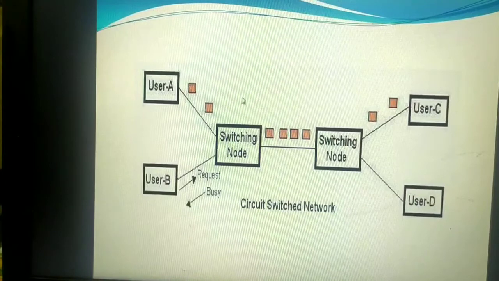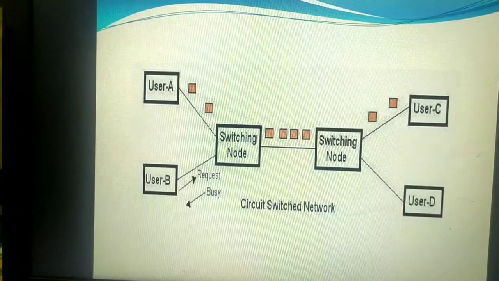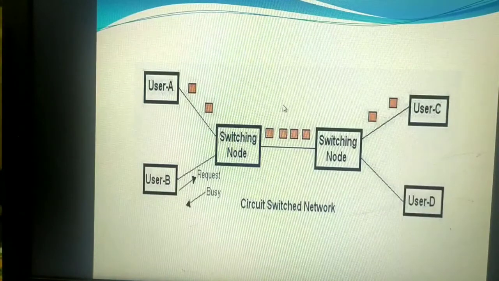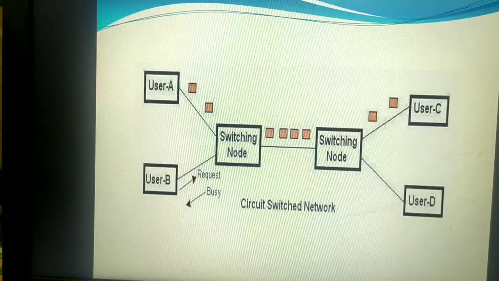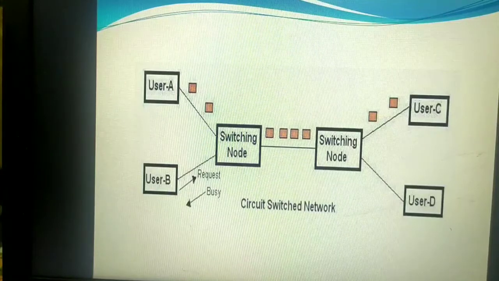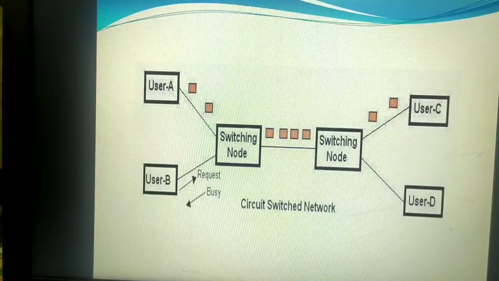Now E wants to have communication with F. When the dial tone comes to the switching node, it will not find any link to contact F. In that case, the switching node will reply back to E that all the routes for this line are busy. I hope you have heard this: all the routes reaching F are busy. This is exactly how circuit switching works. Before you transmit any data, first you make sure that a link is established.